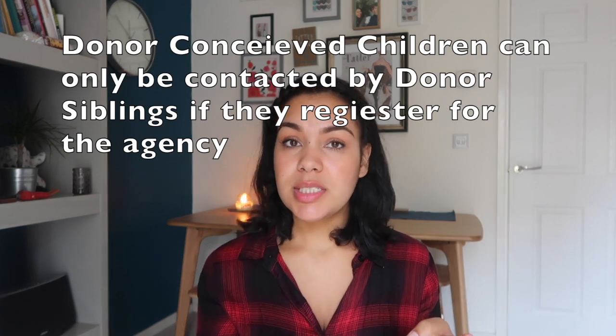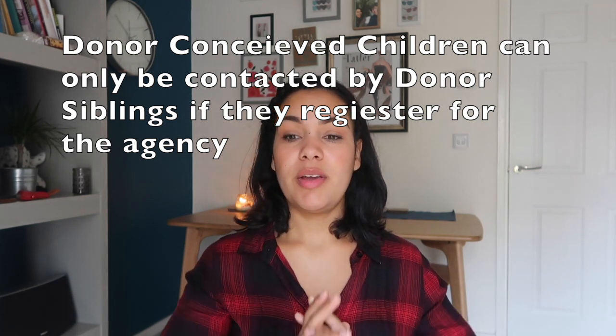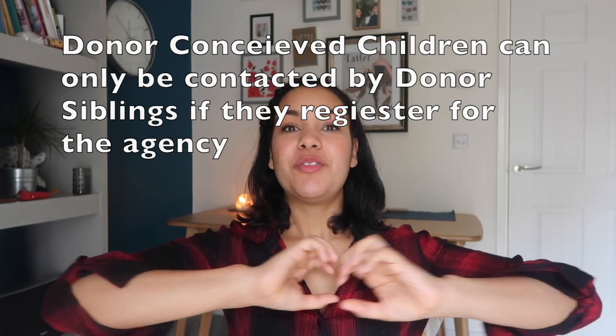If they choose to join the register, they can, but they can't be found by any siblings they may have unless they're registered. So for example, if from one batch of eggs there were three kids made and only two of them registered with this agency, they won't know about the third one. Unless...